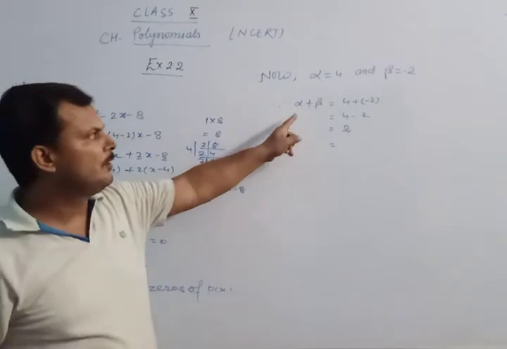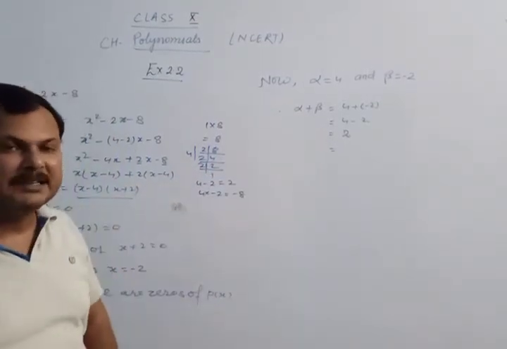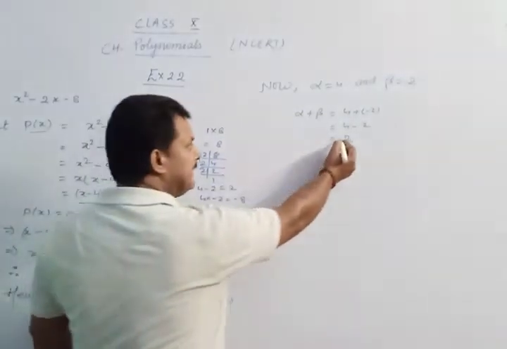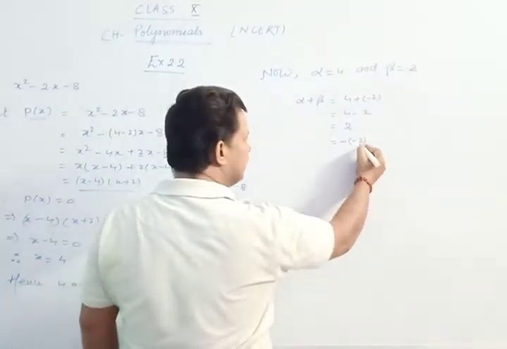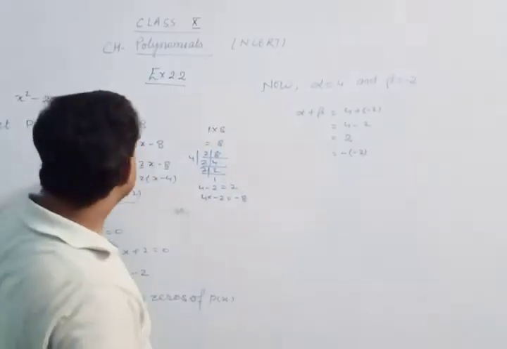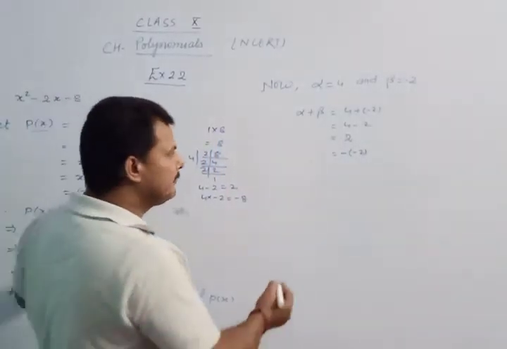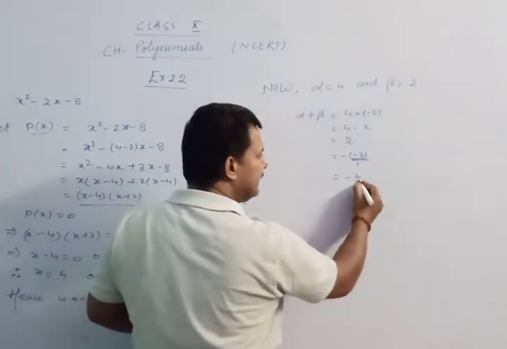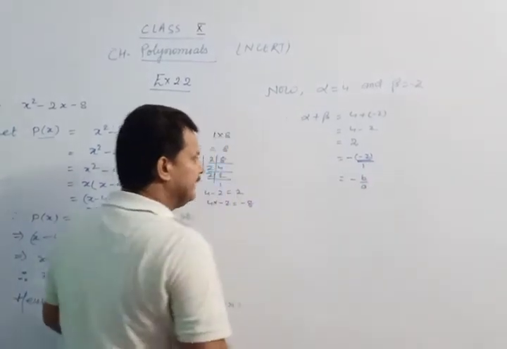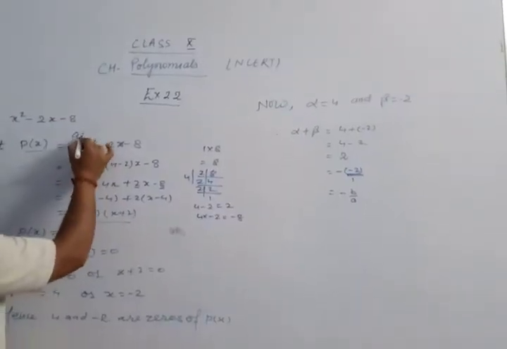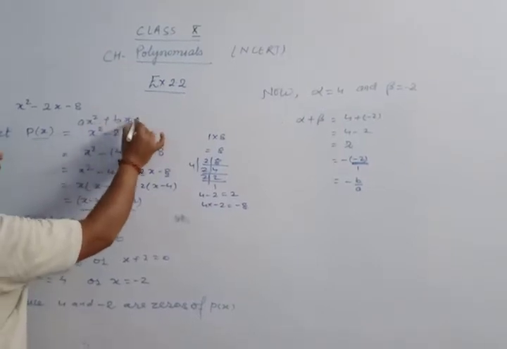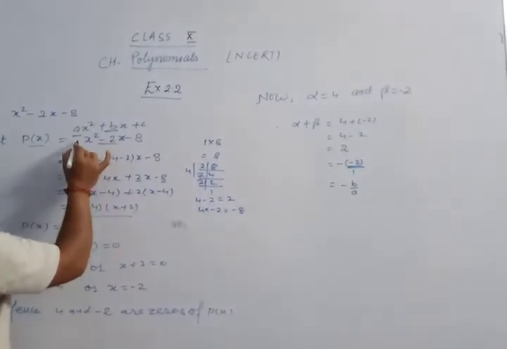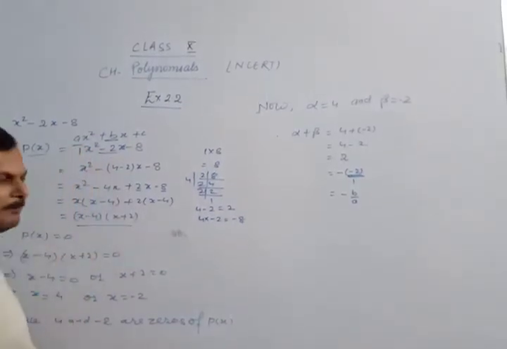Now, you know the formula alpha plus beta is equal to minus b by a. But here the value of b is minus 2. So, here it is plus, you can write minus into minus, again plus, and the coefficient of x square is here 1. You can write 1 is equal to minus b by a, instead of minus 2 we can write b, and for 1 we can write a. We have to compare this with the general formula of a quadratic polynomial. So for b minus 2 and for a here 1. Then we have to compare.